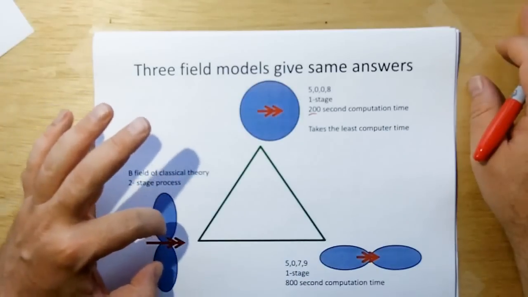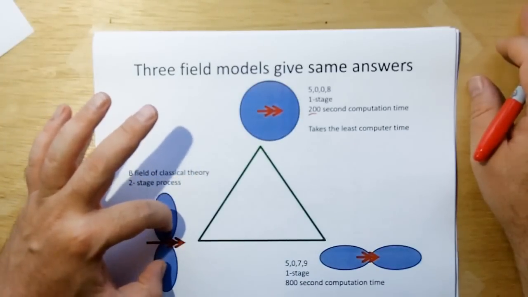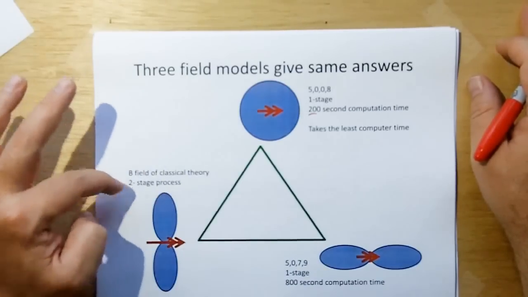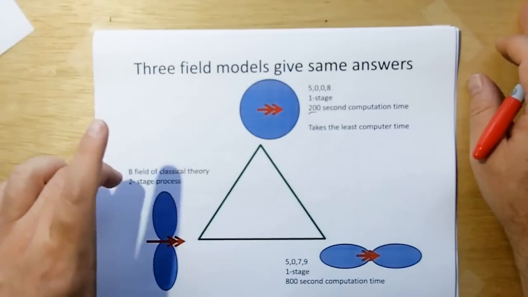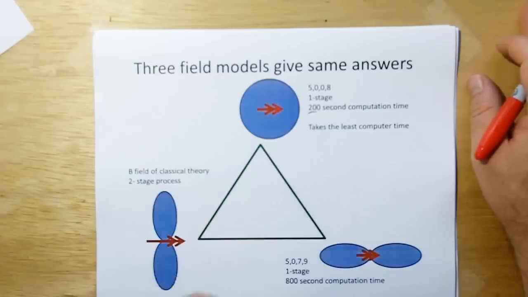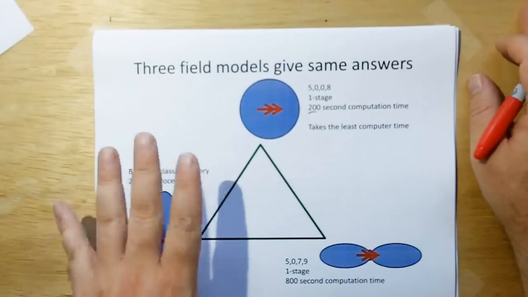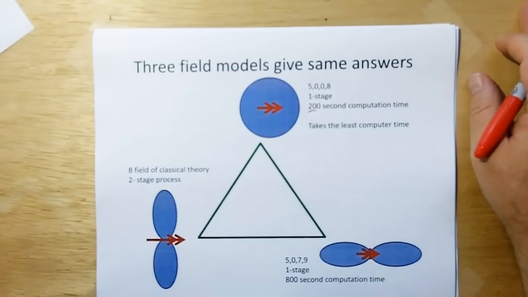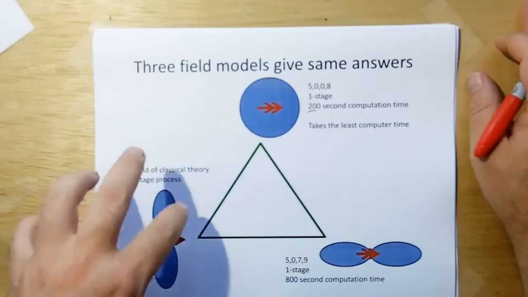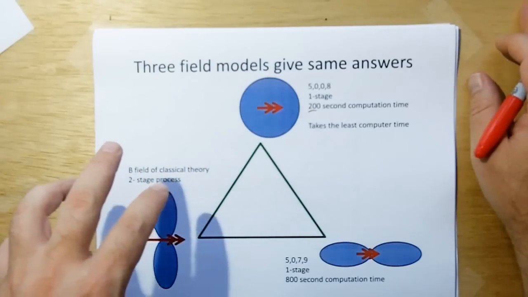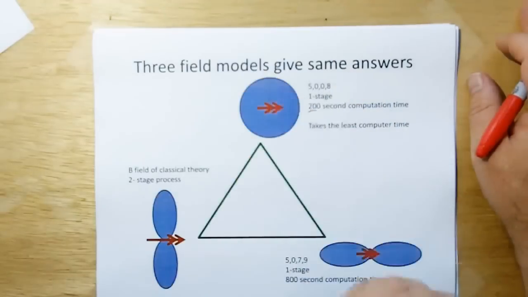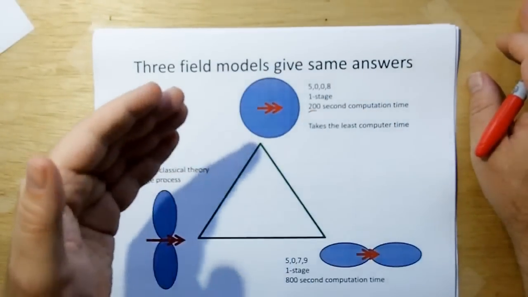I also did a modeling of this in a separate algorithm to compute the mutual inductance between the two loops, and this is a two-stage process. So going forward, I don't think this is the right answer. This is a two-stage process where these are direct processes. So I think we're going to push that one off to the side right now, because this takes the longest of the three to compute. And there's no need for all that unnecessary complexity when you can get the same answer with these. The question is,